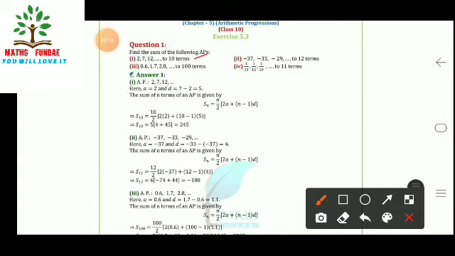So the sum of the n terms of an AP is given by Sn is equal to n upon 2 within bracket 2a plus (n minus 1) into d. So this formula we have to use. On using this formula, we have S10 is equal to 10 upon 2, 2a plus (n minus 1) into d. So S10 will be 5 within bracket 4 plus 45, that is 49, 49 into 5 is equal to 245. That is the answer. So what we are doing here, we are just using the formula which we have done earlier.